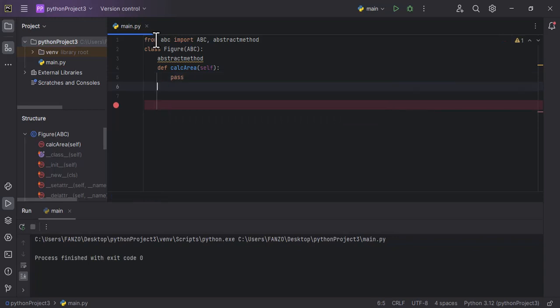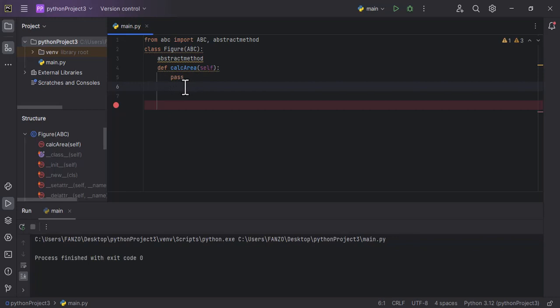Now remember what pass does, because a pass will ensure that no exception is thrown. Very, very important. So I'm just having calculate area in here, and because I have nothing that needs to be printed out, I'm going to write pass as a way of ensuring that